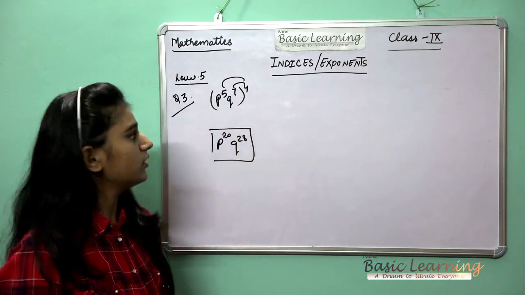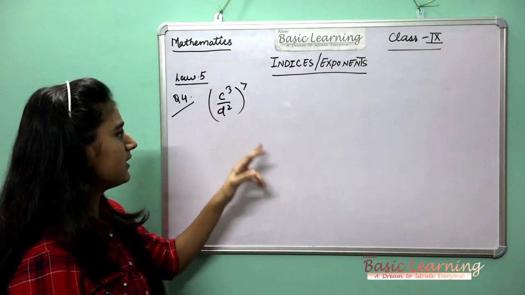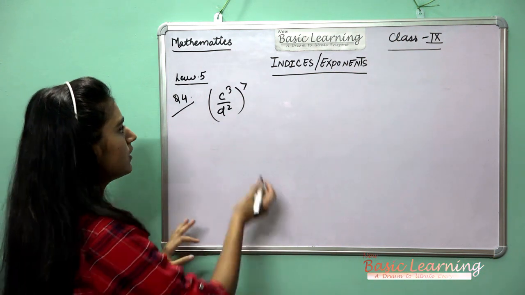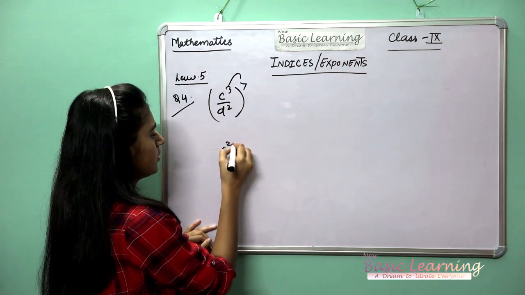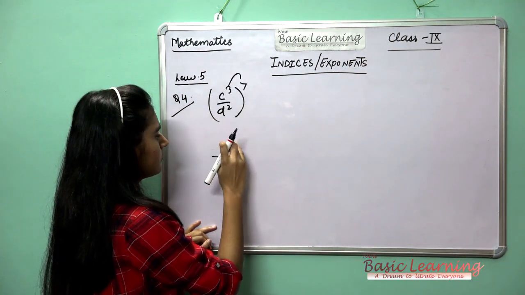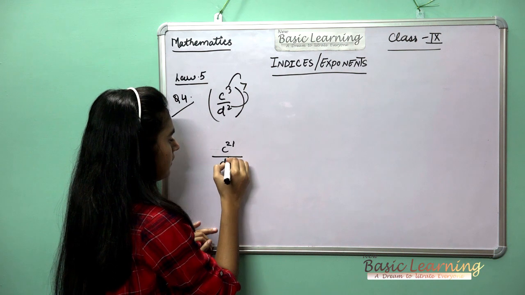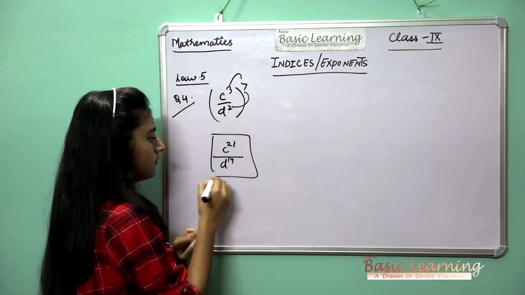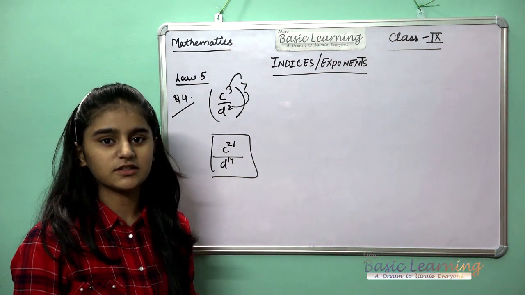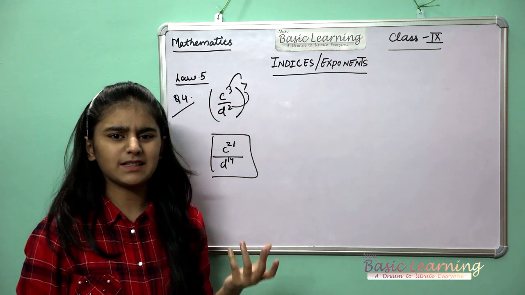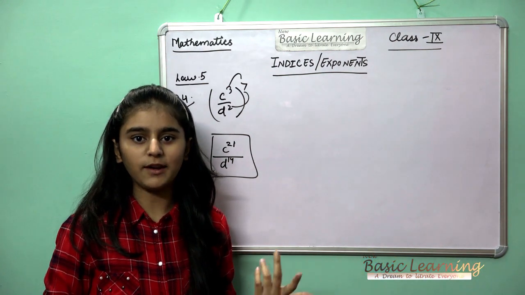Let's move to the fourth question. Now the fourth question is (c^3/d^2)^7. So this is also so simple. 7 3s are 21, and 7 2s are 14. This is the answer. This is a so simple chapter, you can say, in the standard 9th. After that, some exercises also are there, but they are not that much difficult. You can do them if you apply your formula.